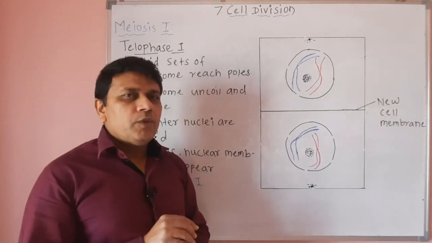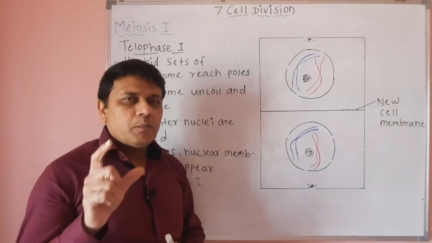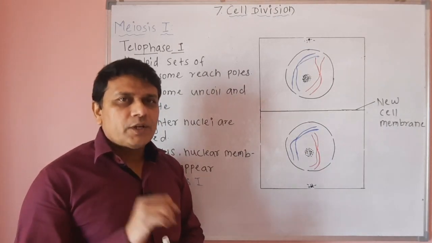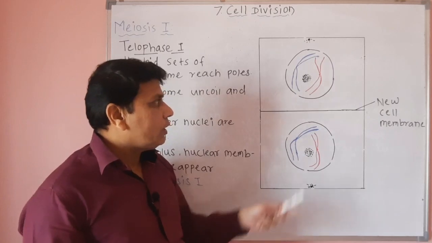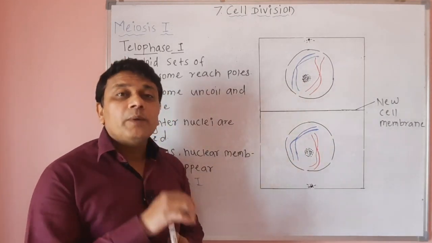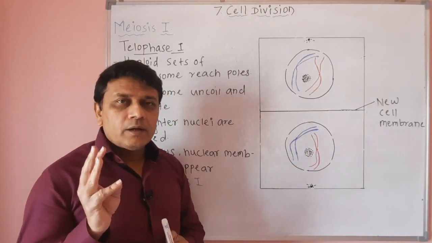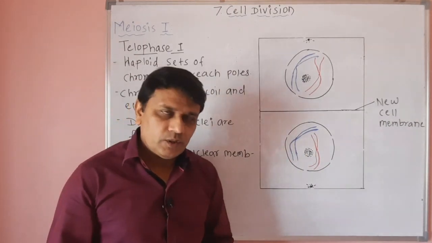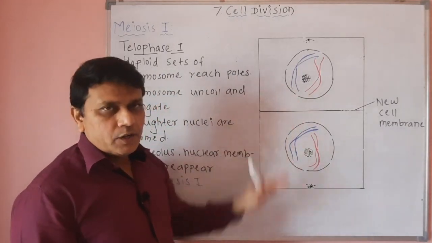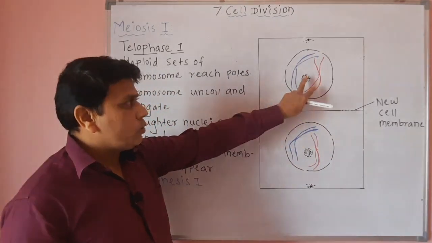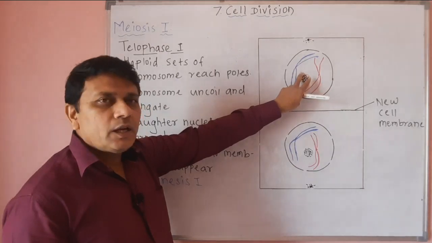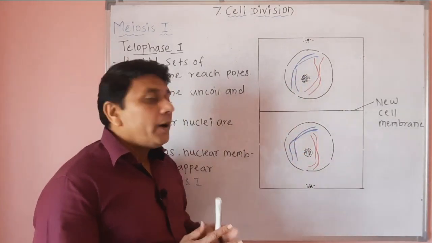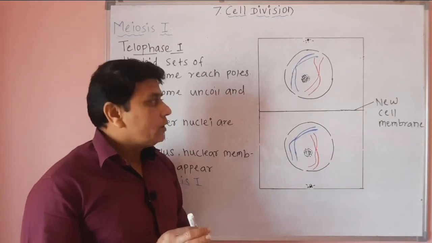At the beginning of meiosis, we saw that meiosis begins in a diploid cell, and in the diploid cell there were 2 sets of chromosomes, or in all a total of 4 chromosomes, 2 of maternal origin and 2 of paternal origin. And at the end of meiosis I, they are equally distributed. That is, two chromosomes are in this cell and two in this cell. That means two haploid cells are produced.